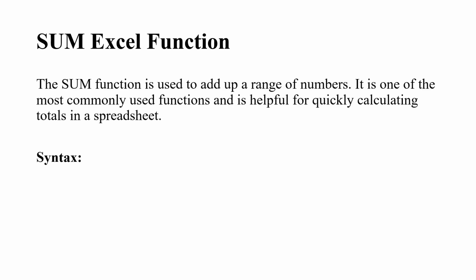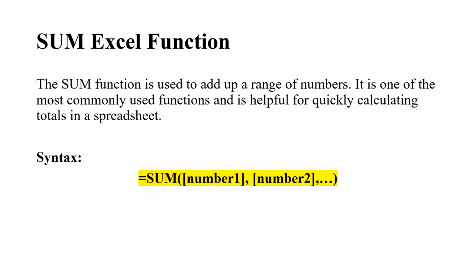Okay, now let's start with the SUM Excel function. It is used to add up a range of numbers. It is one of the most commonly used functions and is helpful for quickly calculating totals within the spreadsheet. The syntax for this function is equals SUM of number 1, comma, number 2, and so on and so forth. To this function, we can specify a range of cells one beside the other, or we can also